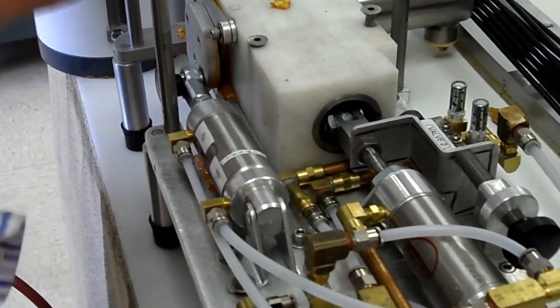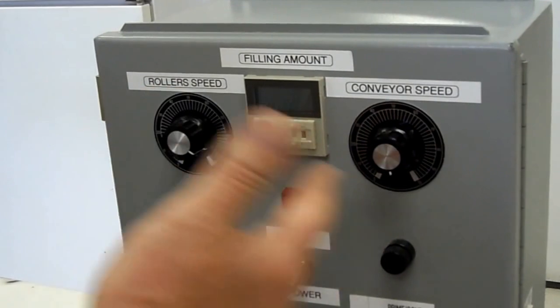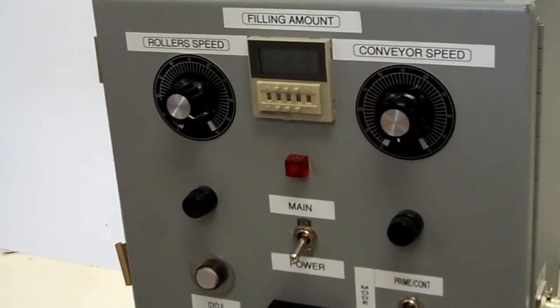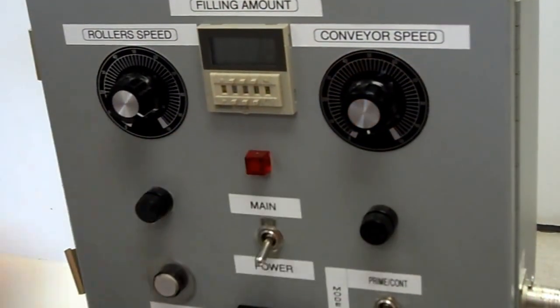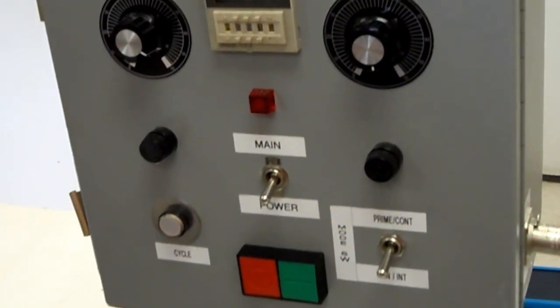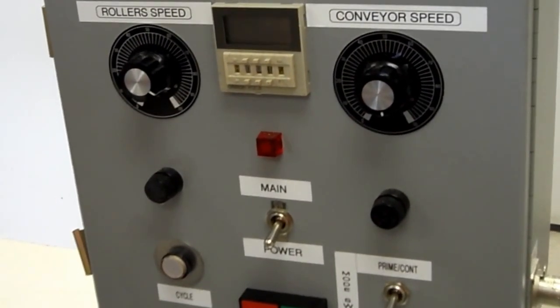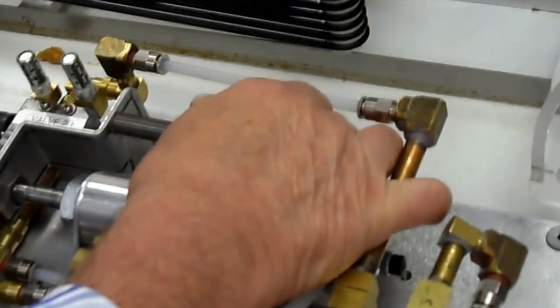Now that I've shown you all the 4 different controls, one more time: you've got the timer that shows you the amount of the cycle. It's the signal that the cam gives to the unit, and it has to be within the cycle that it's got. So right now, a 1/10 of a second signal is enough to get it going and to carry it right through the full cycle. The cycle can be controlled by the adjustment knob, which controls the amount of the filling